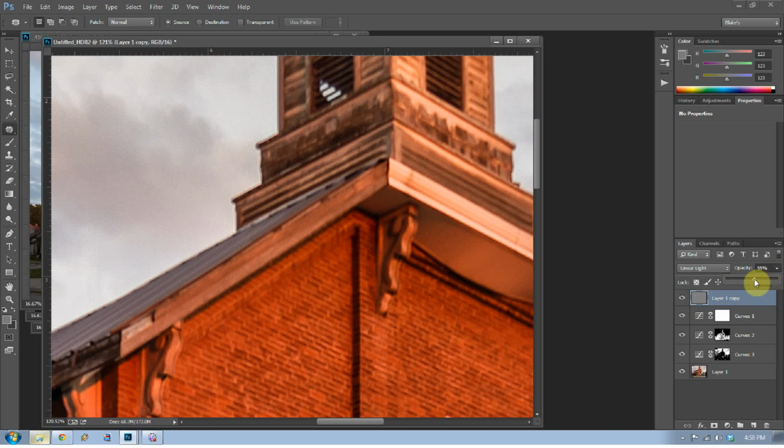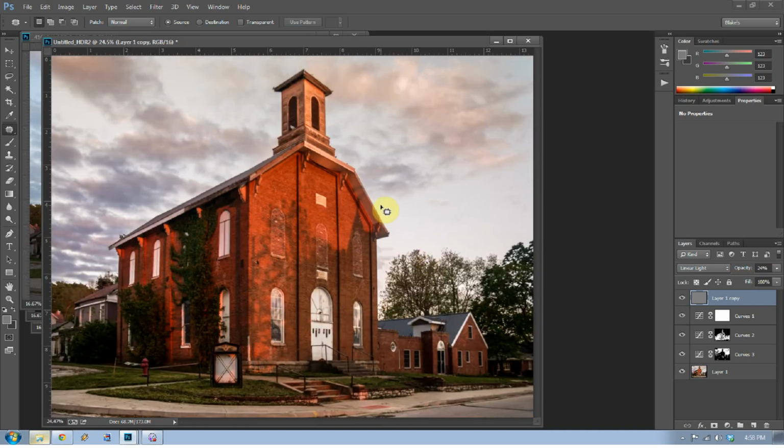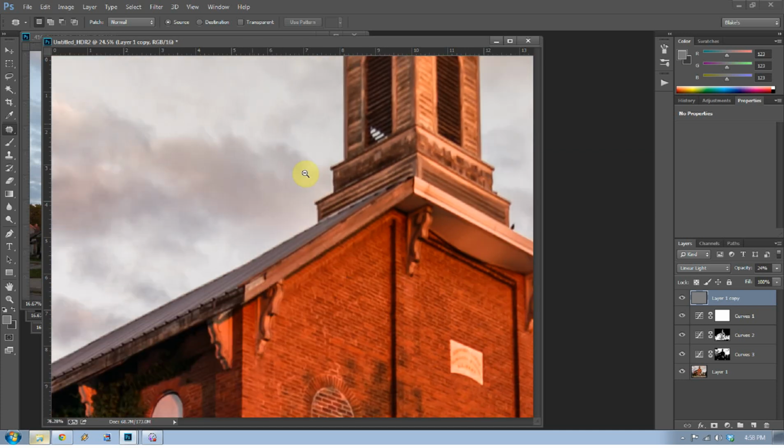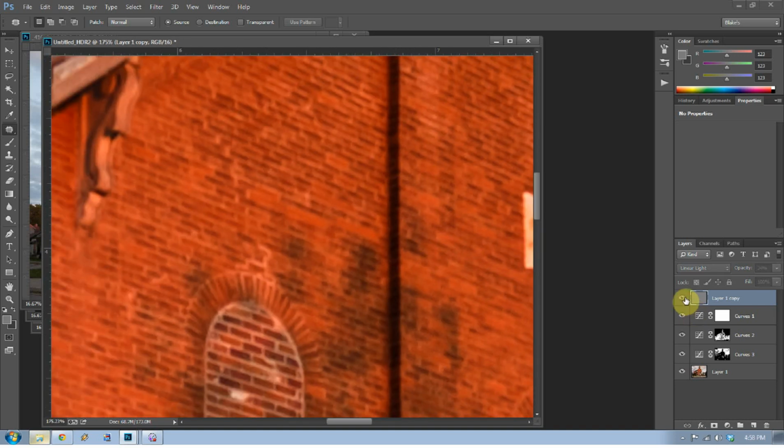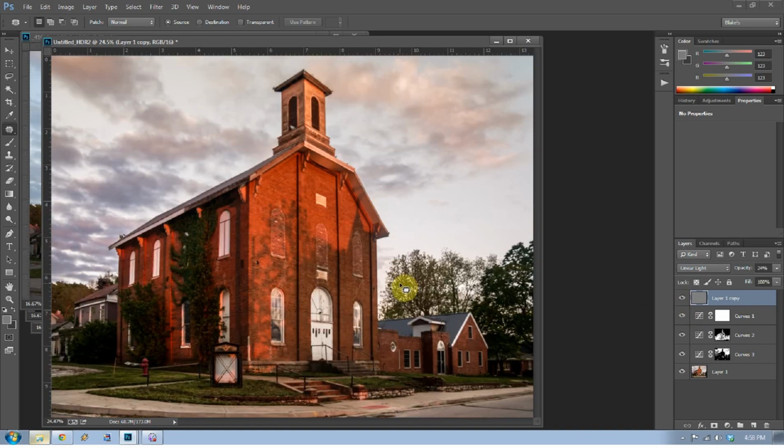So I'm going to change that opacity down real low. I like to start a little higher and work my way down with the opacity, rather than start low and have to duplicate it. So it all depends on what your personal preference is when it comes to sharpening. That does sharpen up this photograph just a little bit without destroying it and making it look really halo edged.